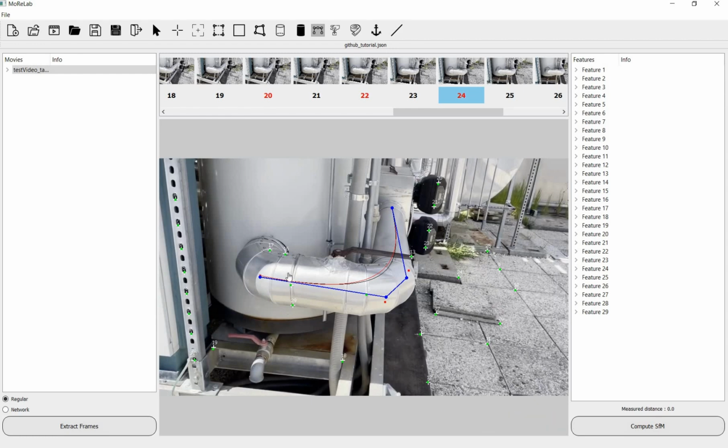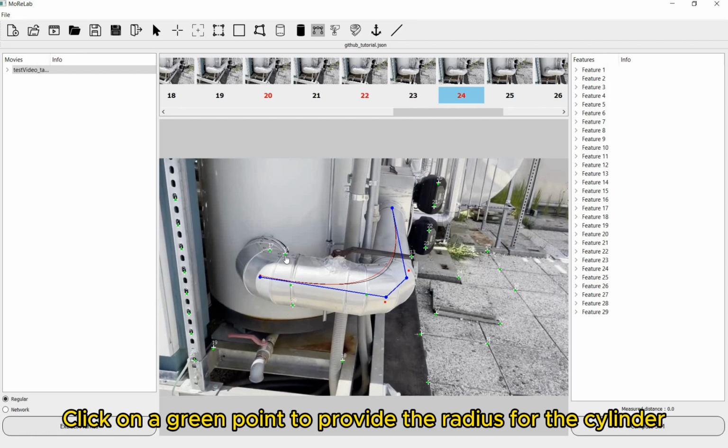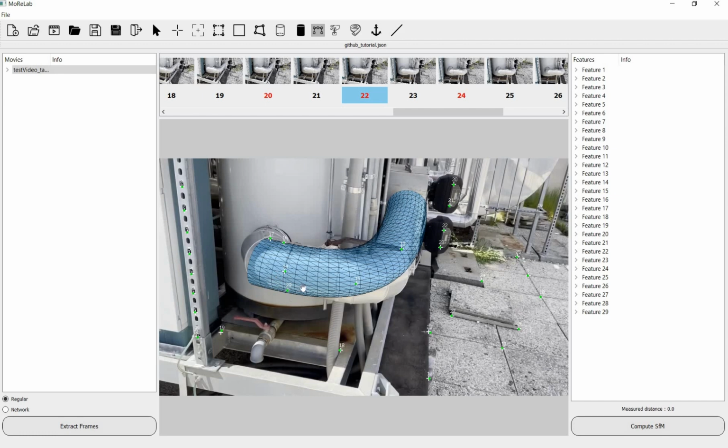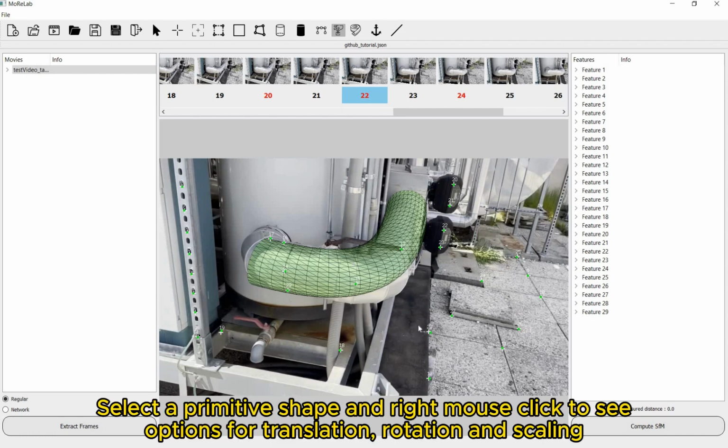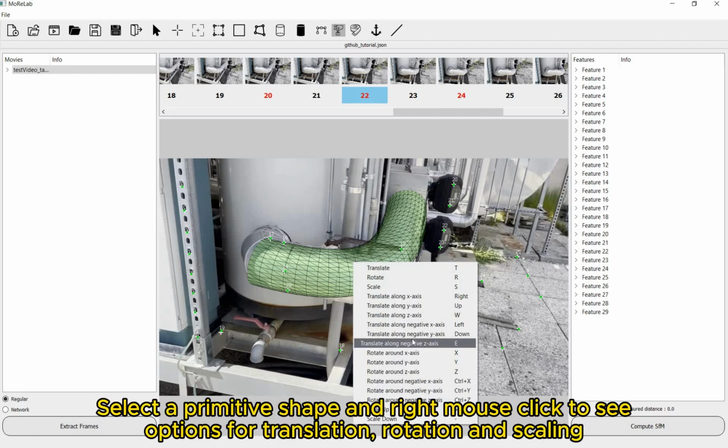After that, I will need to provide the radius for the cylinder. So I will click on this green point to provide the radius of the cylinder. You can see that a curved cylinder has been estimated for this pipe. Now I would like to adjust this curved cylinder to obtain a cylinder that perfectly fits the pipe that is underlying behind. I would select this primitive and right click by mouse to see different options for translation,